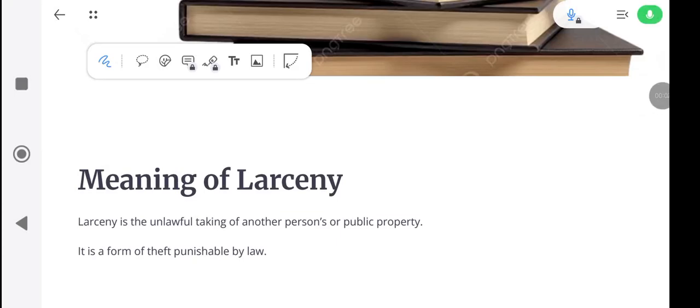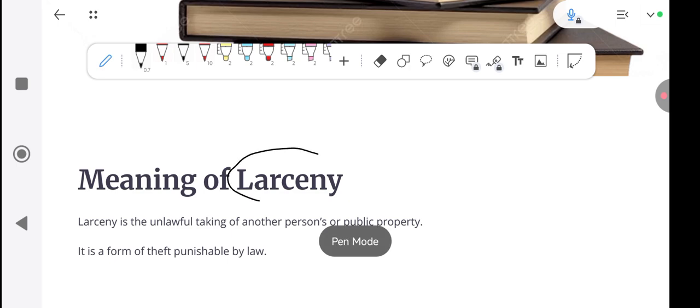Another example of theft is called larceny, spelled larceny. Larceny is unlawfully taking another person's or public property. For example,